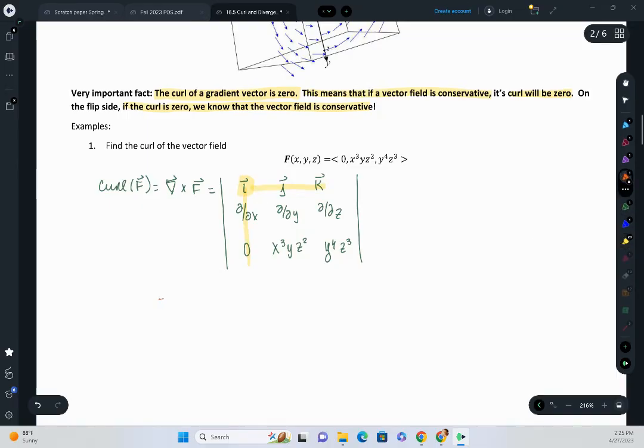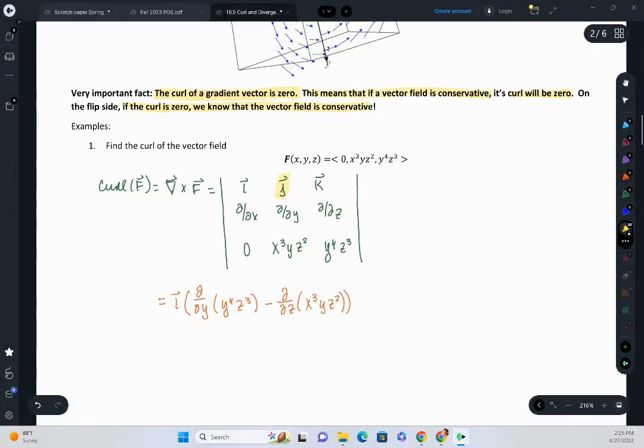So I start off with this is equal to i hat times, and then I've got to get my 2 by 2 determinant, del del y of y to the 4th z cubed minus del del z of x cubed yz squared. Okay, and then we can go ahead and erase those highlights, erase those arrows, and now we'll